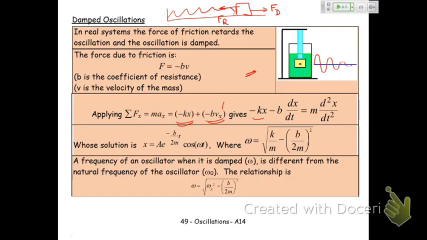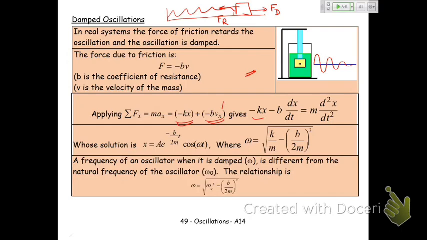At USF for sure, they've not done differential equations before this class. So the book says you might not have done this. Here's the answer, okay? The position is equal to A, the amplitude, times e to the minus b over 2m times t, times cosine omega t, and